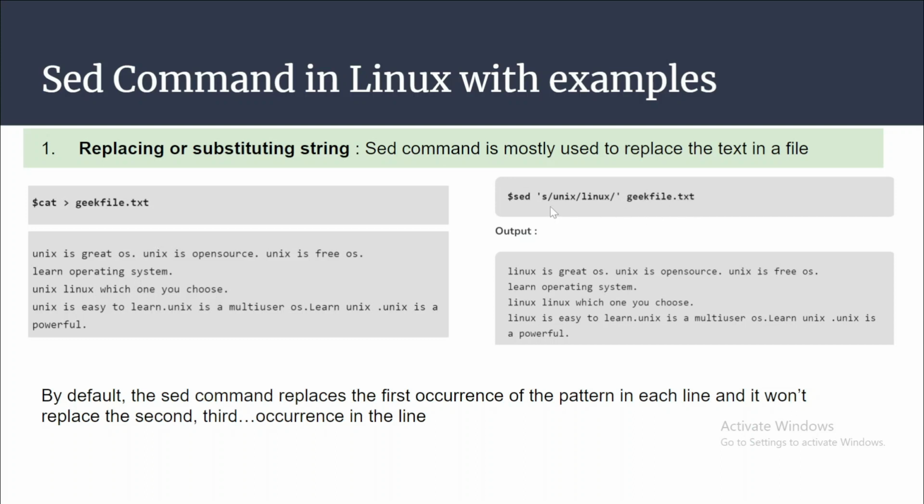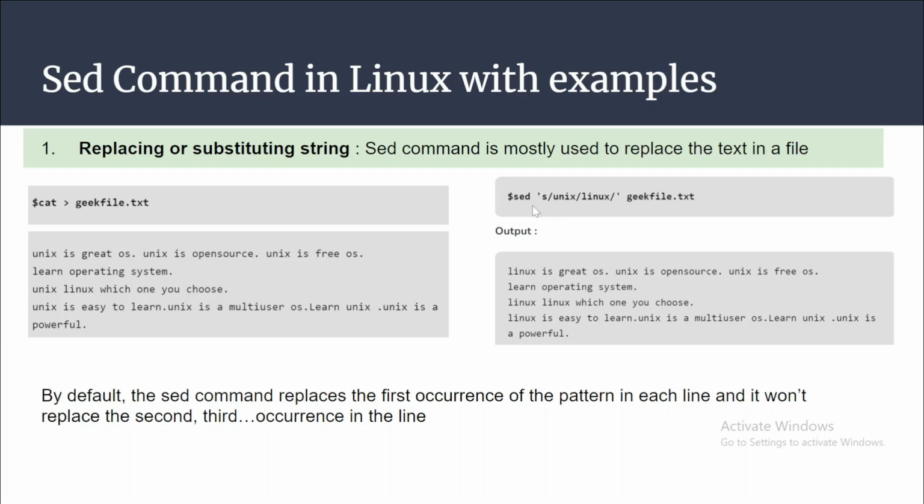So here I am saying I need to do a substitute. I am giving s and a forward slash and providing the first argument, which is the characters, or you can say string, I have to look for, and then what to replace it with. The second argument is Linux. So I want to substitute Unix with Linux. When you run this particular command, you can see this Unix is converted into Linux.